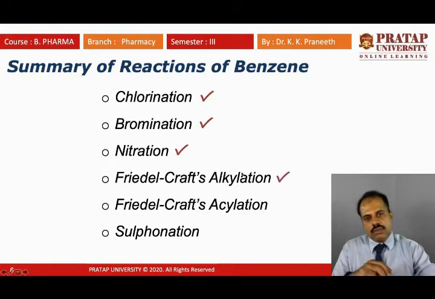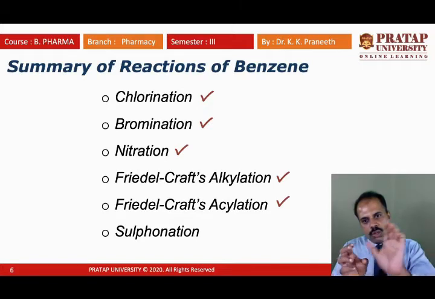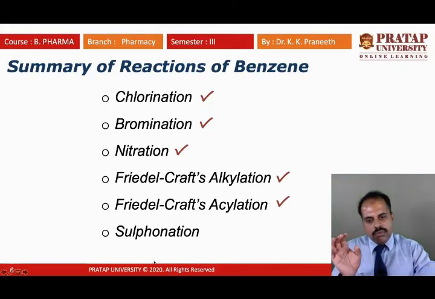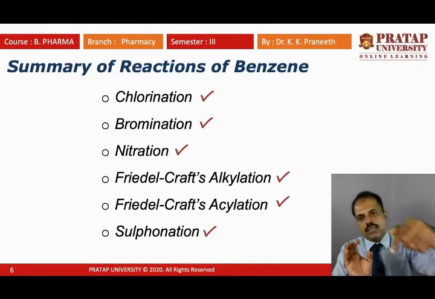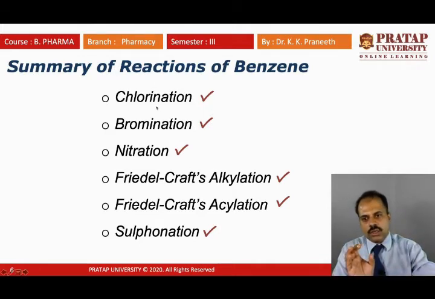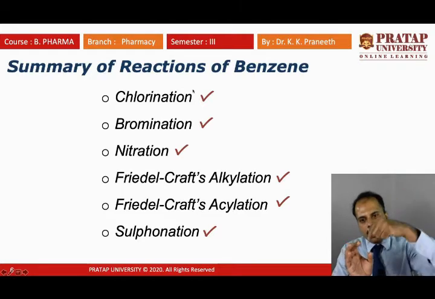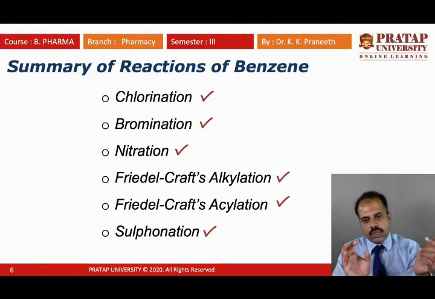Friedel-Crafts alkylation, where the alkyl group is attached onto the benzene ring. We have also seen the Friedel-Crafts acylation reaction. Acylation is the CH3CO attached onto the benzene. And finally, we have seen the sulfonation, where the SO3H group is attached onto the benzene. So it is very easy to remember the reactions of benzene. The only thing is, the benzene is there, and another group is coming and attaching, right? In chlorination, a chlorine atom is attached; in bromination, bromine is attached; in nitration, NO2 is attached as a product, like that.